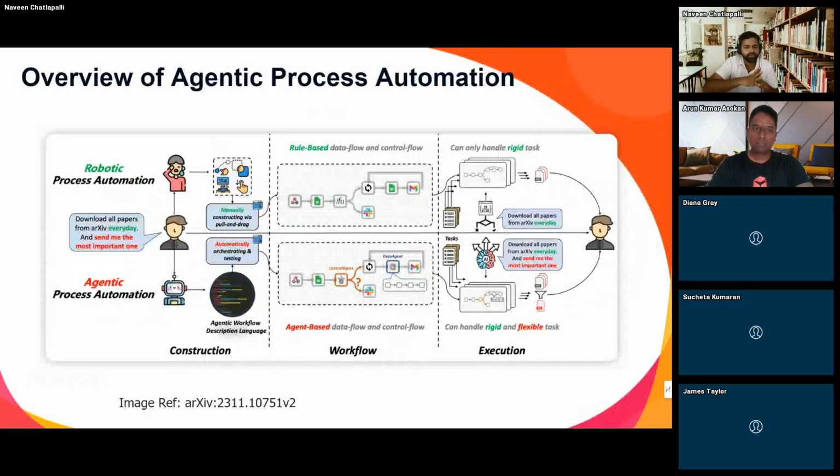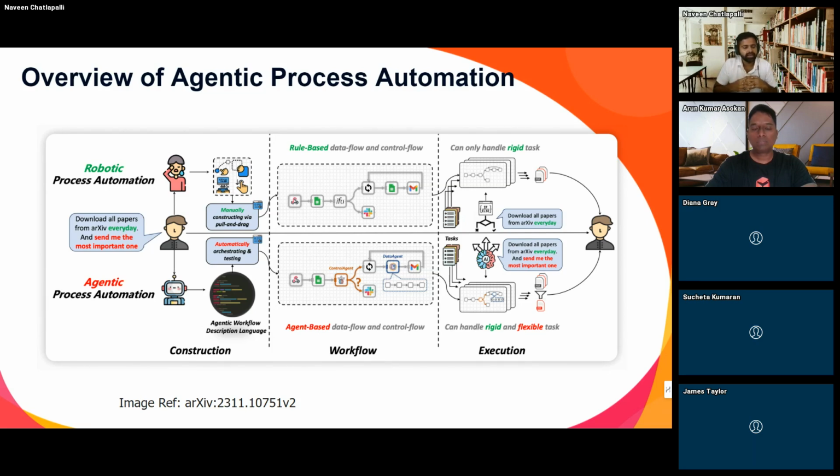And this is also one of the white papers that we have copied from arXiv. So you can go ahead and read the white paper. It is very well illustrated about agentic process automation. So here, if you see a simple query about downloading, a human will give a task about downloading all the arXiv papers every day. And most important, we don't know what is the recent